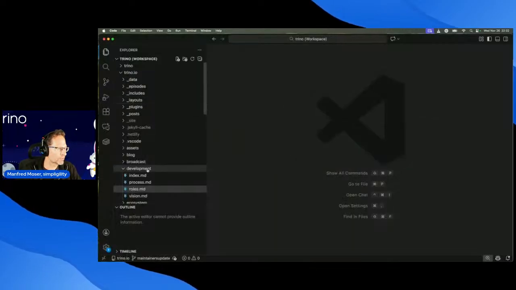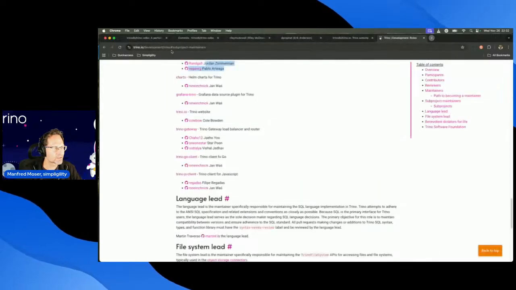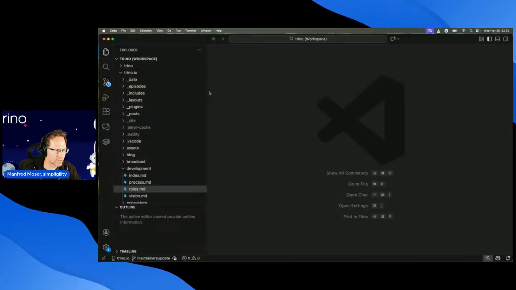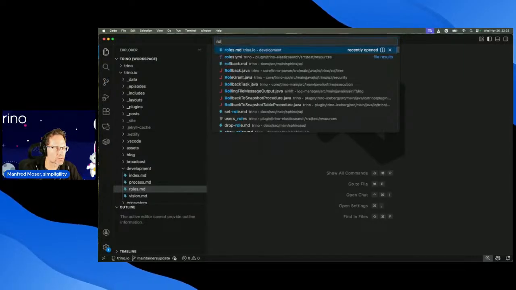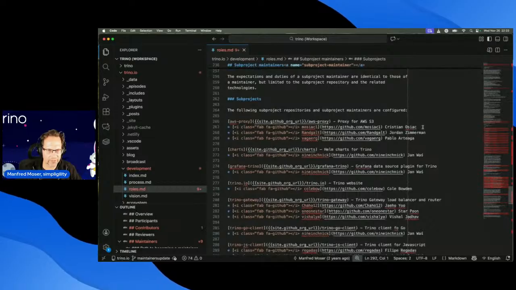Then we jump over to here. And the file is very easy to find. You see it's called roles, the file in the development directory. So I can just go p roles. And here it is. So first things first,